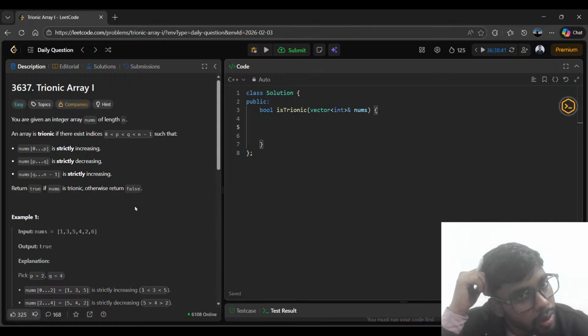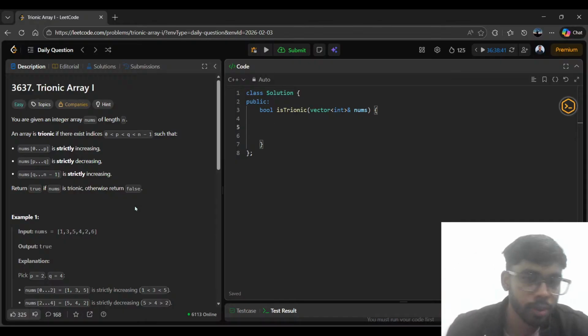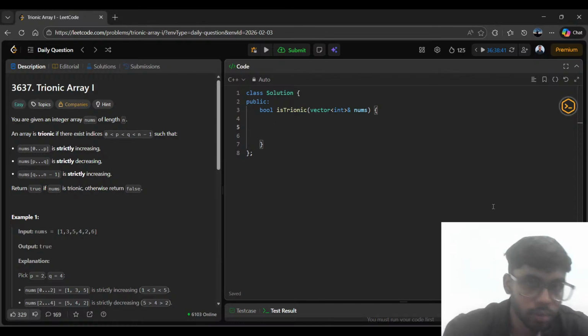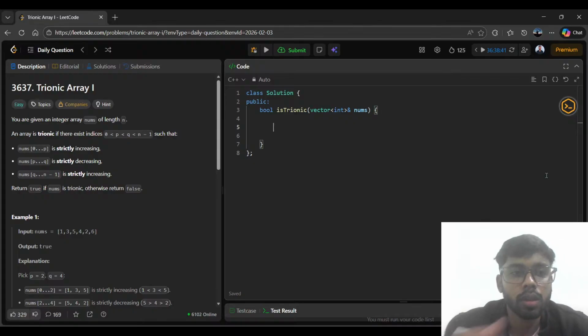This question is tagged easy, but I'm not getting that intuition. How can I figure it out? Wait,